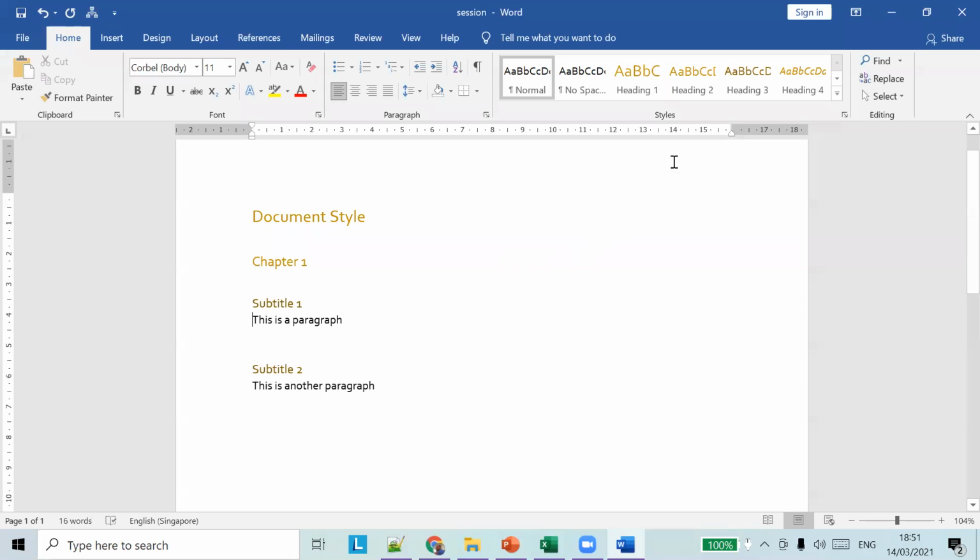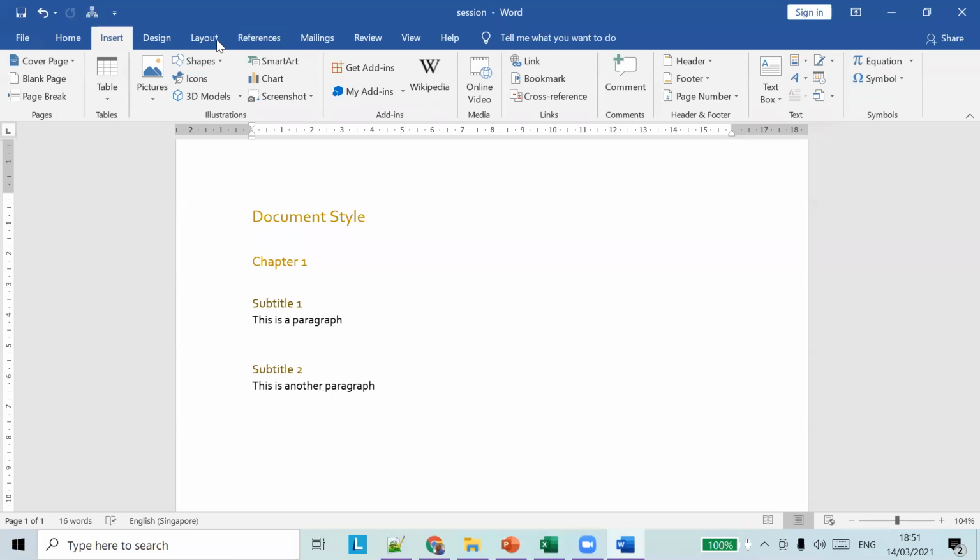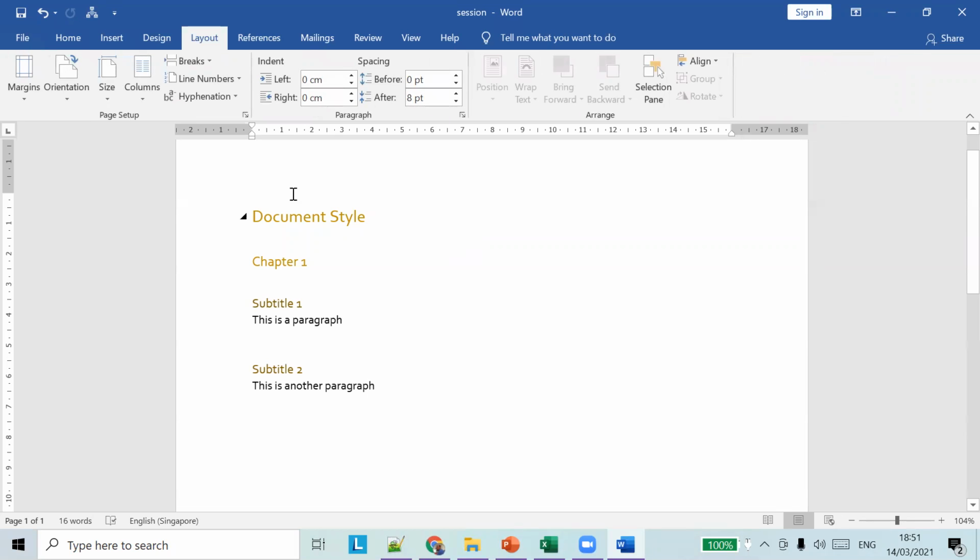We have default styles for every heading. We have already chosen a style, and we have added a different set of headings and subtitles, different levels of headings. Now we'll see how to change themes for these.